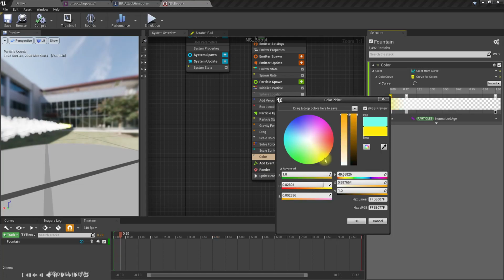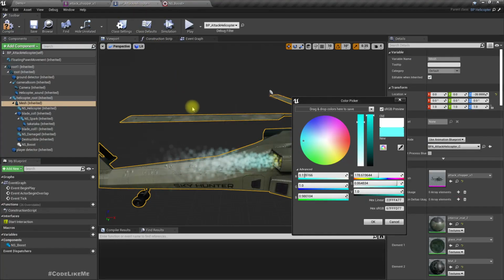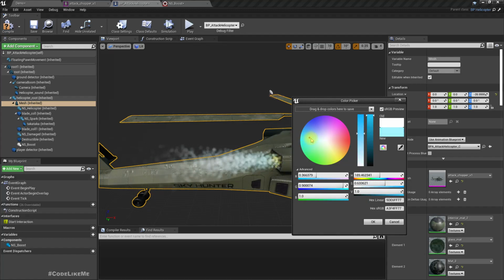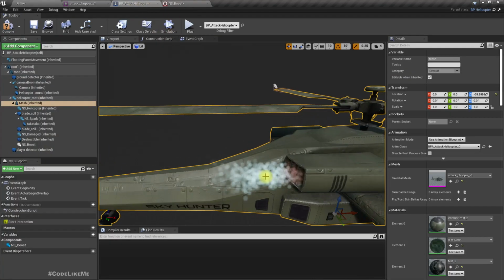No, maybe a bit yellow, and then a bluish. Maybe like this. This seems fine,